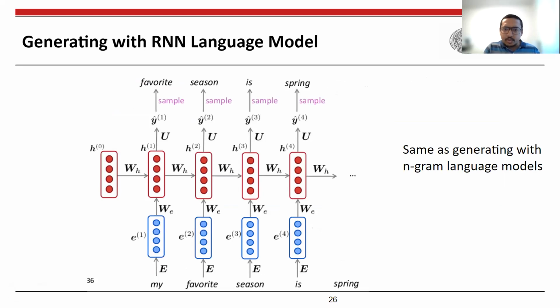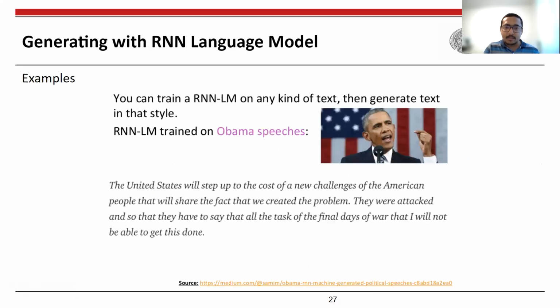Generating sentences through this particular approach is also kind of similar. Let's say you pass your sequence of tokens, and then you obtain a particular vector, and then use that to obtain the probability distribution, and then sample from that. So it's similar to n-gram models. You take the sequence, obtain the representations, pass it through a softmax, and then use the softmax for sampling: what is the next word?